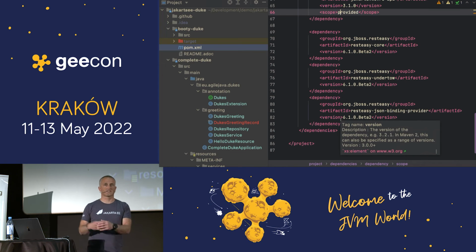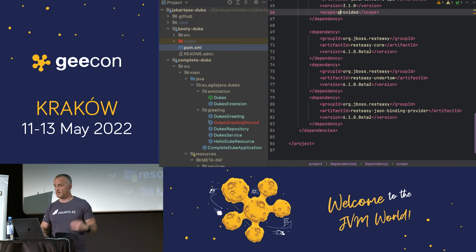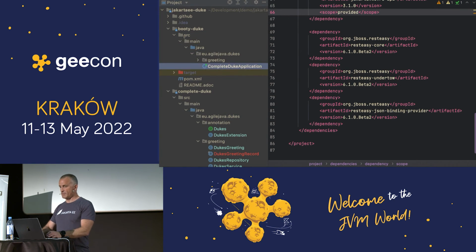If you're using Jersey, it's some other dependencies there, but that's something you have to figure out, or another implementation. You just have to figure out what to use there. I'll just use Jersey here, and I'm using Core and Undertow for the web server thingy, and the JSON binding. And the source code here is even simpler than the other one.